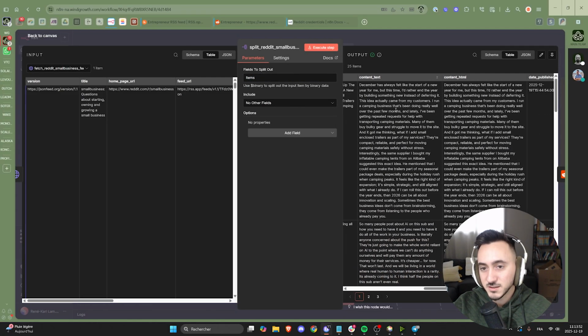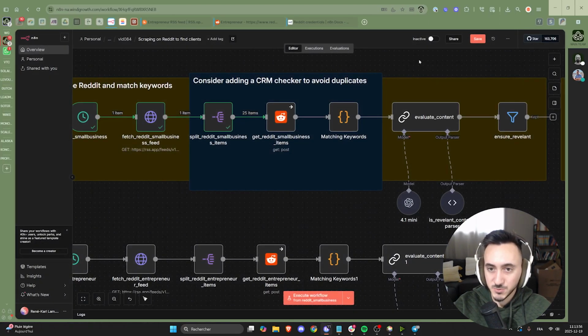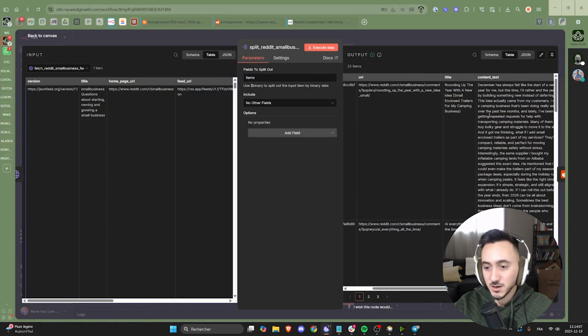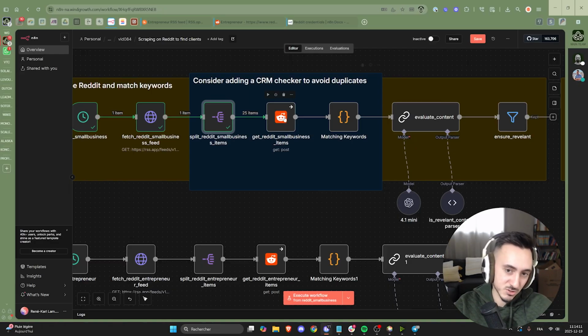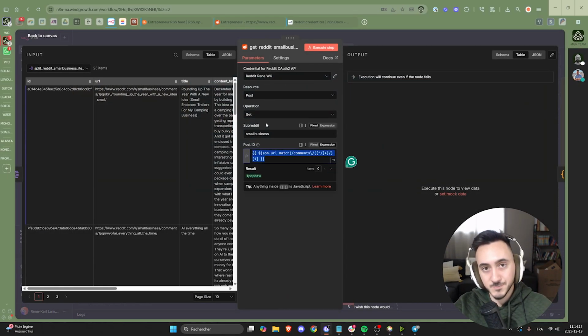And this is going to give me all the information about all the articles on Reddit. The next step is with the Reddit node. This is how you actually scrape the post itself. Other than that, you only have some initial content, but not all the information. So you need this. To set that node up, and this is going to be inside the Google Doc that I'm going to share in the description of the video,